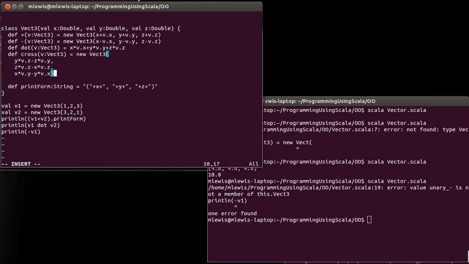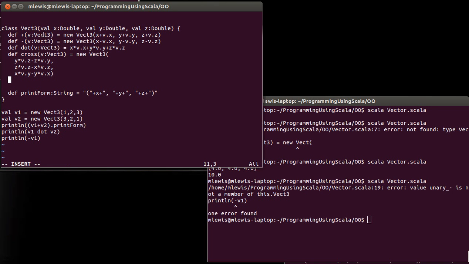So this is a truly special method. In some ways, the normal operator methods weren't really special. It was just that Scala has a broader set of allowed names. But for the prefix unary operators, this is special. If there is a method that starts off with unary followed by underscore followed by the symbol that you want,